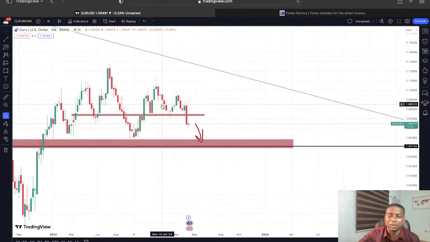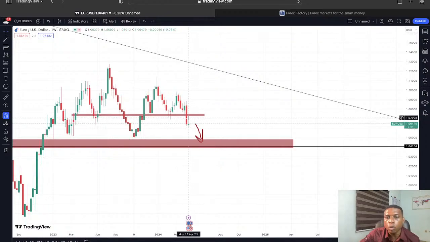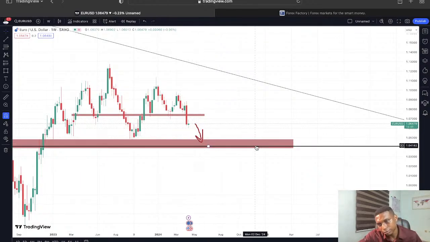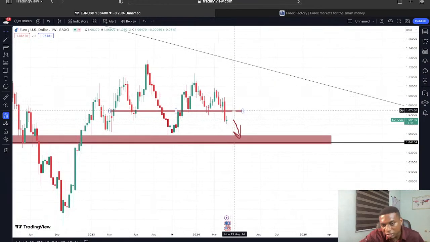That's significant. You don't want to jump into this trade saying that yes, it's going to go up. It's not going up, given this heavy presence of the bearish candlestick on the weekly time frame. So we would see a sustainable downward movement in price down to this support zone. That's where we would see price get to